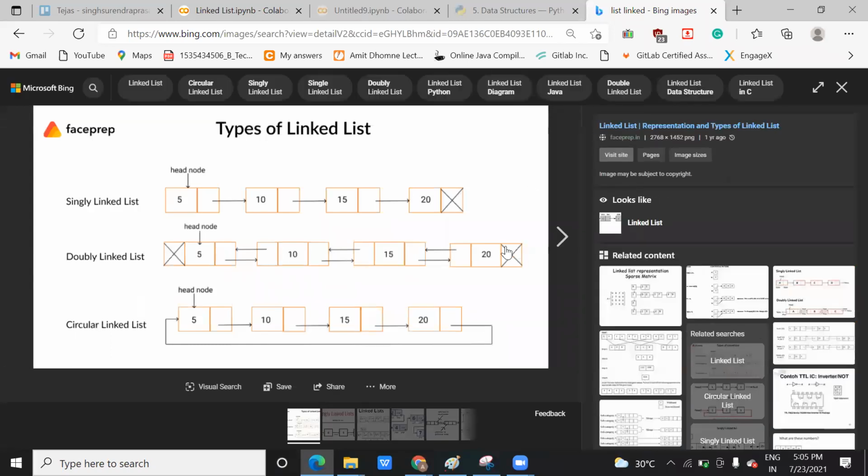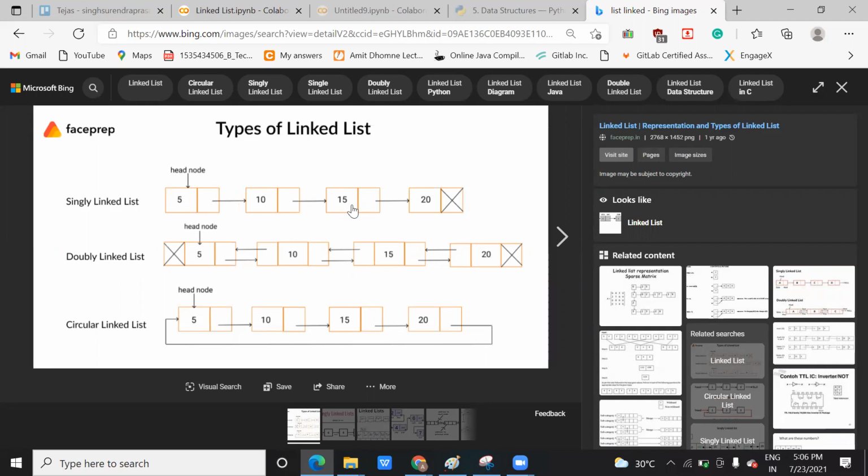You can see this x symbol. This x is nothing but null, representing that after this there is no element. And you can see the other ones have some address. We can't see the address because this is a pictorial representation, but obviously in memory they assign some address, and based on that you can refer to it. So this is a singly linked list.